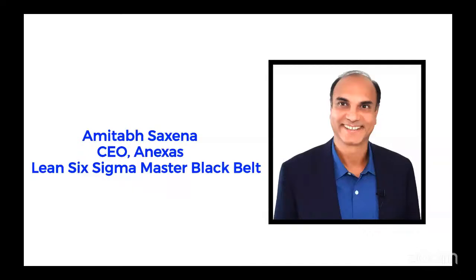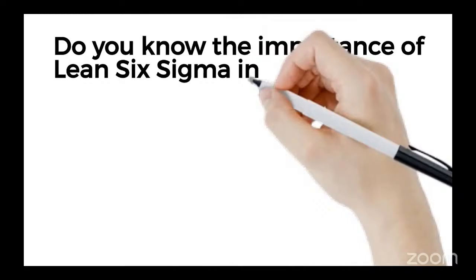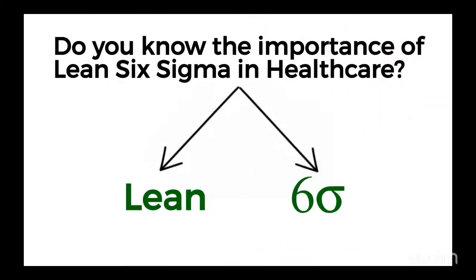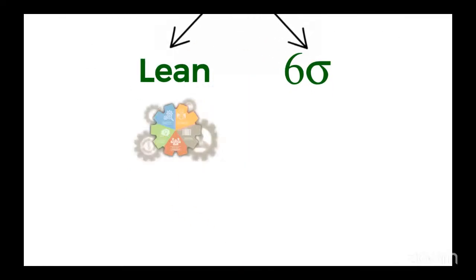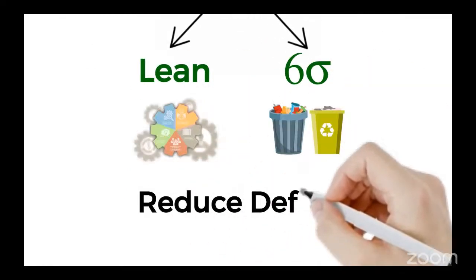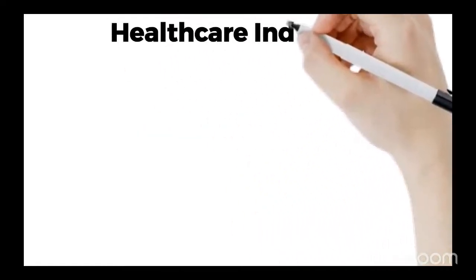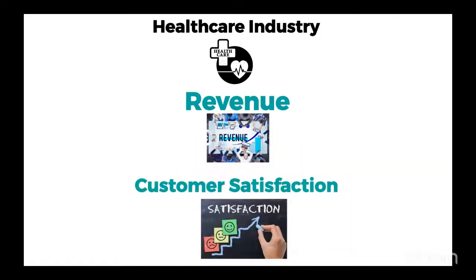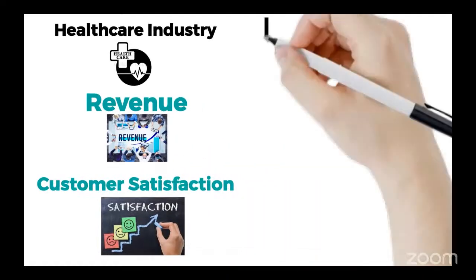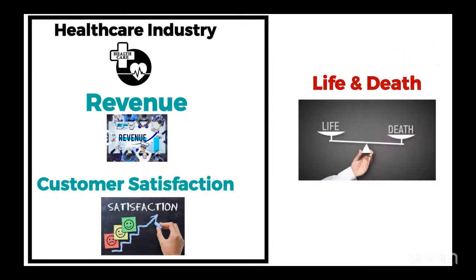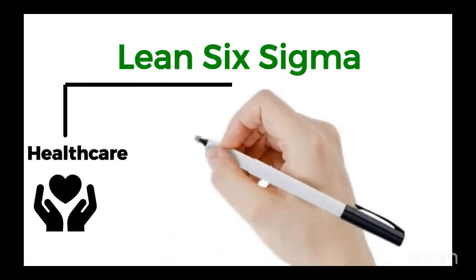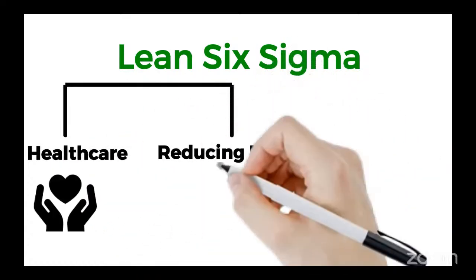Hi, I am Anexas Master Black Belt Amitabh Saxena, and let me talk about the importance of Lean and Six Sigma in healthcare. Lean Six Sigma concepts are used in industries all over the world to improve a process, eliminate waste, and reduce defects. In the healthcare industry, defects not only affect revenue and customer satisfaction, but they signify the difference between life and death. Lean Six Sigma is critically important in healthcare because it helps in reducing defects that can